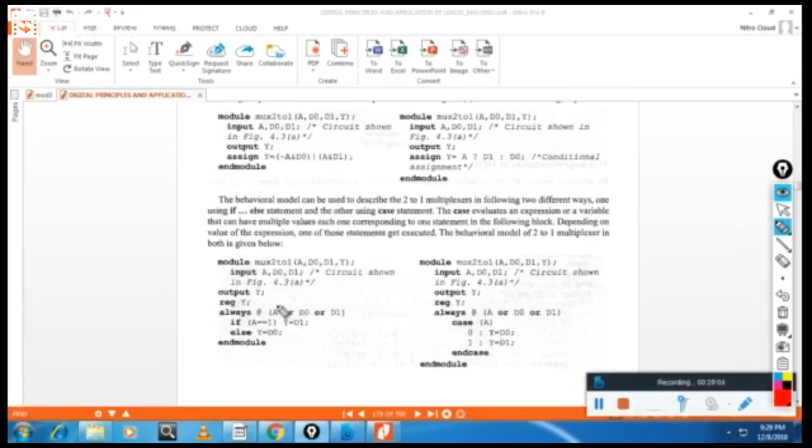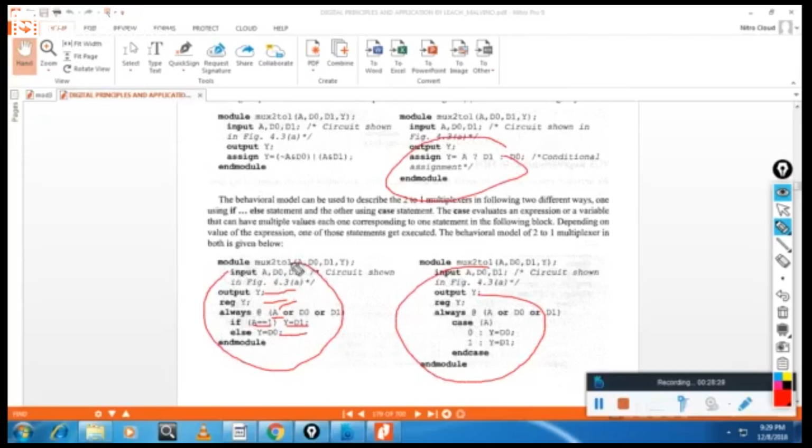Output is Y, register, always at A, D0, D1. Either A can change or these can change. If A is equal to 1, then Y is equal to D1. Else Y is equal to D0. Case statement we know. Assign statement we know. This is the if else statement.